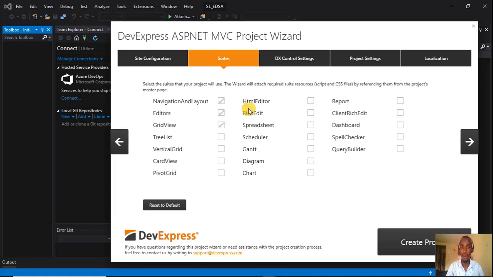For now, I want to see the HTML editor, the rich text editor, spreadsheet, maybe I will make use of in the long run. The charts, maybe I have to do some analysis. Then the reports, I have to do some reporting. Dashboard, maybe I will use. All these other functions here are not things I need. All the others by default are not checked, so you don't need them. So after you go to, you don't have anything for the business as I said earlier. You can